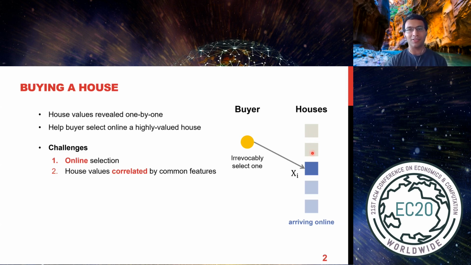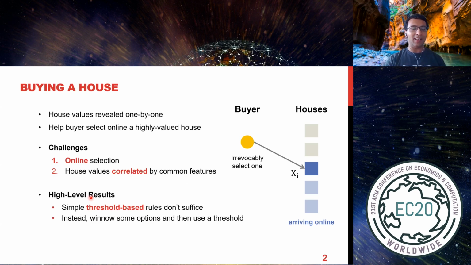Maybe the second house you also discard. The third house, maybe you get to see its value, some x_i, some real number. And you have to, again, decide immediately: are you taking it or not? So the goal of your algorithm is to decide, as these house values are revealed one by one, whether to take each one or not, and it only wants to buy one of the houses. The main challenge is that this is an online problem. You don't know the values of the houses upfront. And there might even be correlations between the values of the houses, just because there are many common features, maybe their size and many other things.